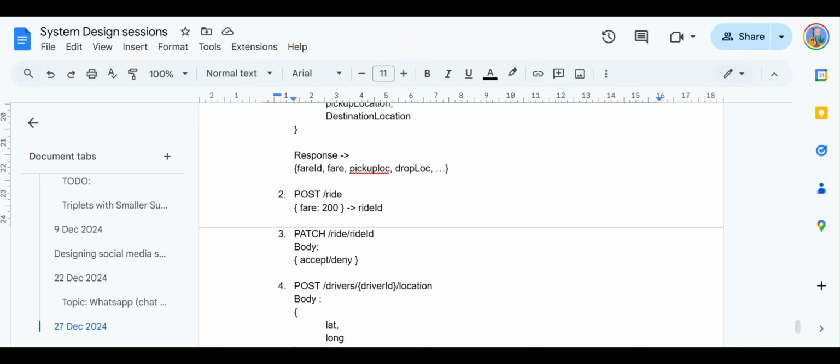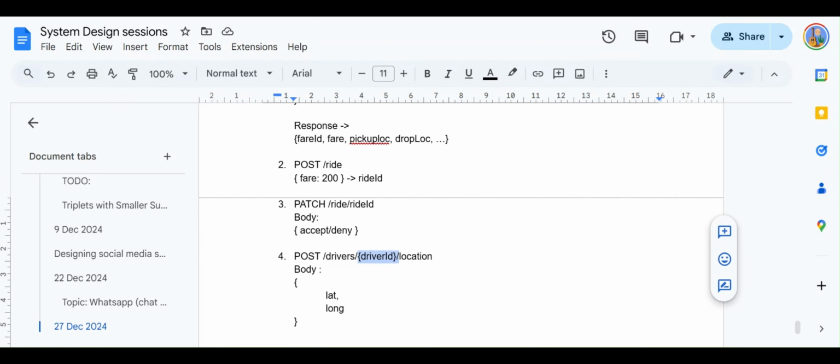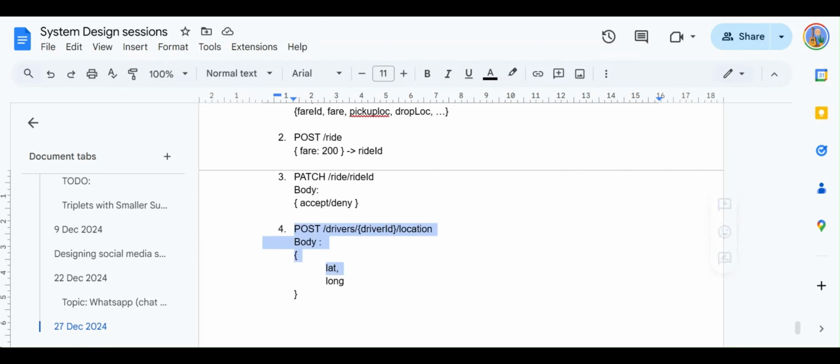It's by design. The reason for that is if you put in an ID over here, then because this is an API being invoked by the client, any client can abuse or misuse this API. They can put in some other driver ID. For example, if you expose a driver ID over here, what can potentially happen is a client, let's say a driver for now, could put in any other driver's ID over here, anyone else's ID, and pass in the latitude and longitude.